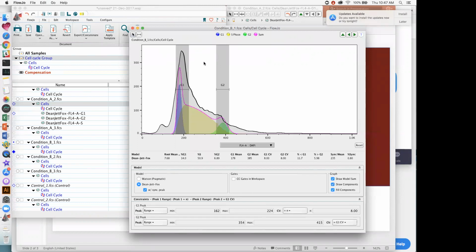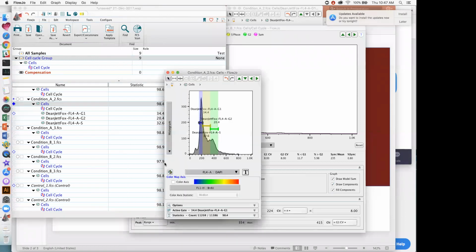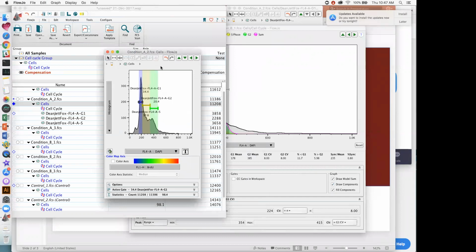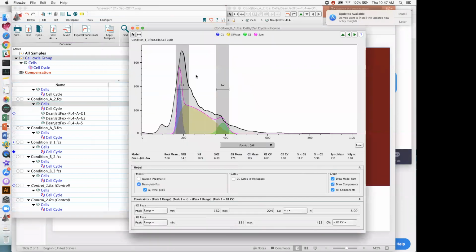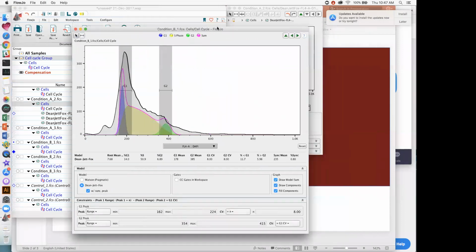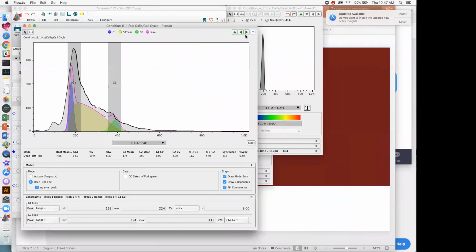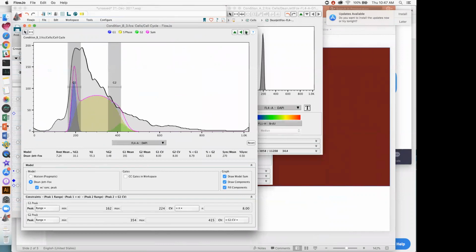Okay, there's another question here about how to determine the gate for G1 and G2. Generally speaking, when we look at cells along the DNA parameter here, let me go ahead and, the width, not the peak, okay, the width of the histogram, or the G1 histogram. This is really more or less a matter of using your controls, and it's kind of a combination of personal taste